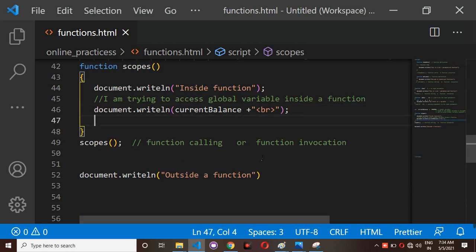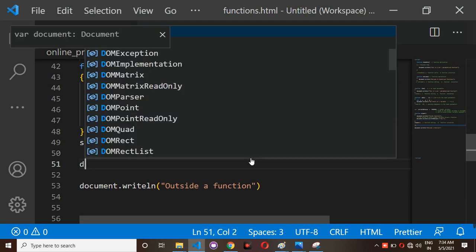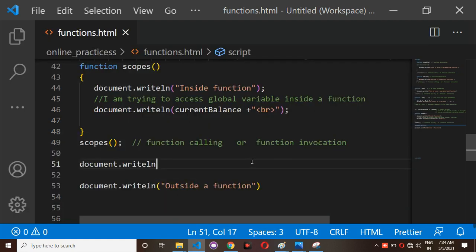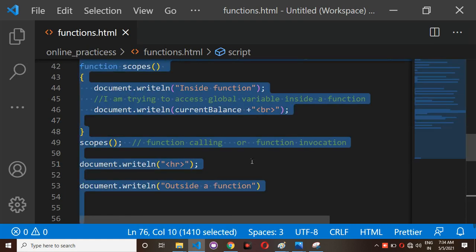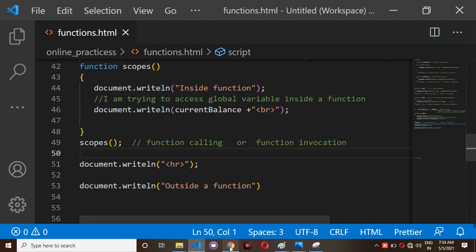But here I am going to make one document.writeln. Inside the double quotations I am giving the HR. HR means if you write HR inside double quotations, it will draw a horizontal line. Why I am drawing a horizontal line, observe here.